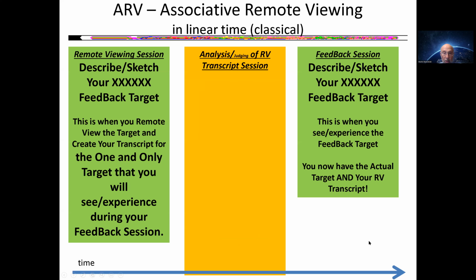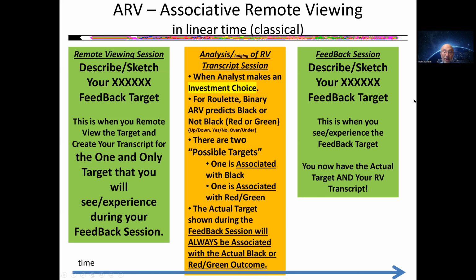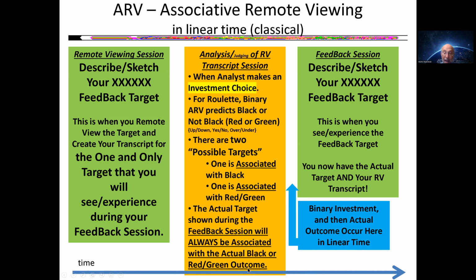Okay, so for you newbies, the key here is you must have a specific outcome so you get a specific target. So after the spin of the roulette wheel and the roll of the ball, we will have an outcome. Now, at the end of the analysis, the analyst says, you know what? And we're going to do self-analysis today, each of us. You will say, oh, the match is much better and good enough to maybe wager, but of course you don't have to,